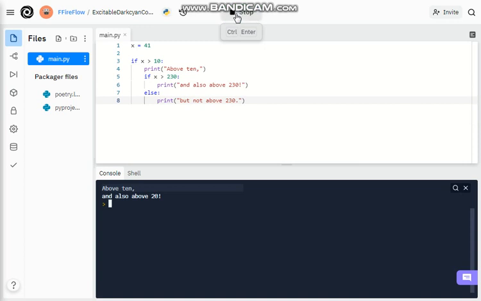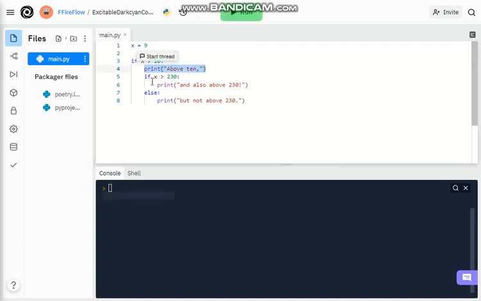So let's try and see that. Above 10 but not above 230. But what if I make it above 230? Then it will just do it here. But if it's lower than 9, then it will